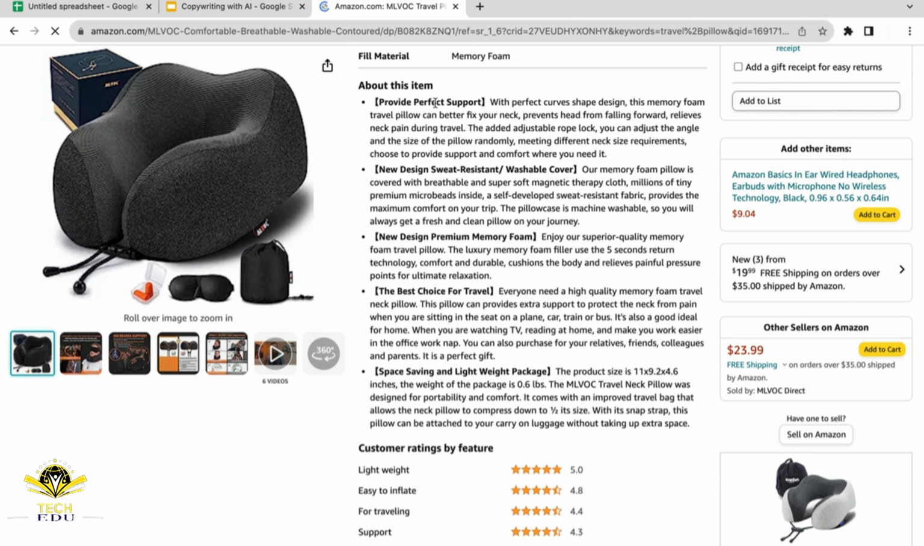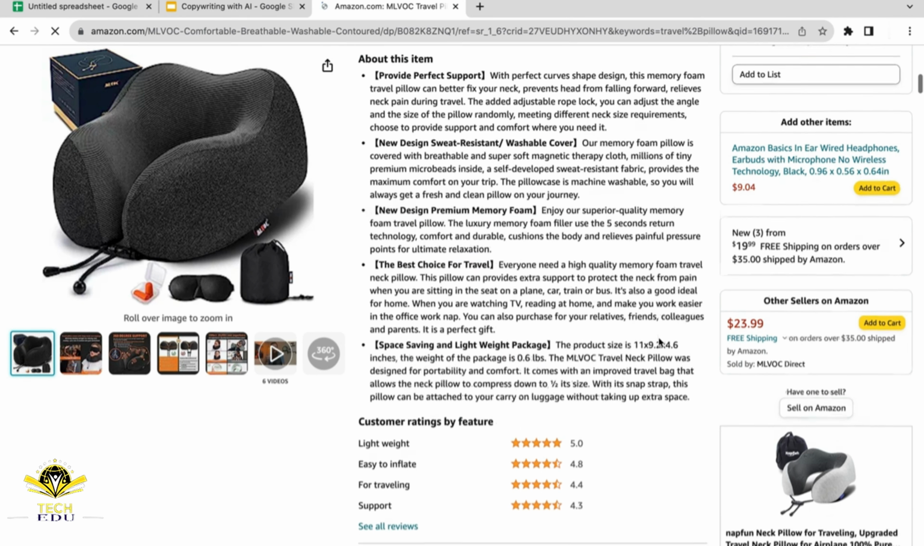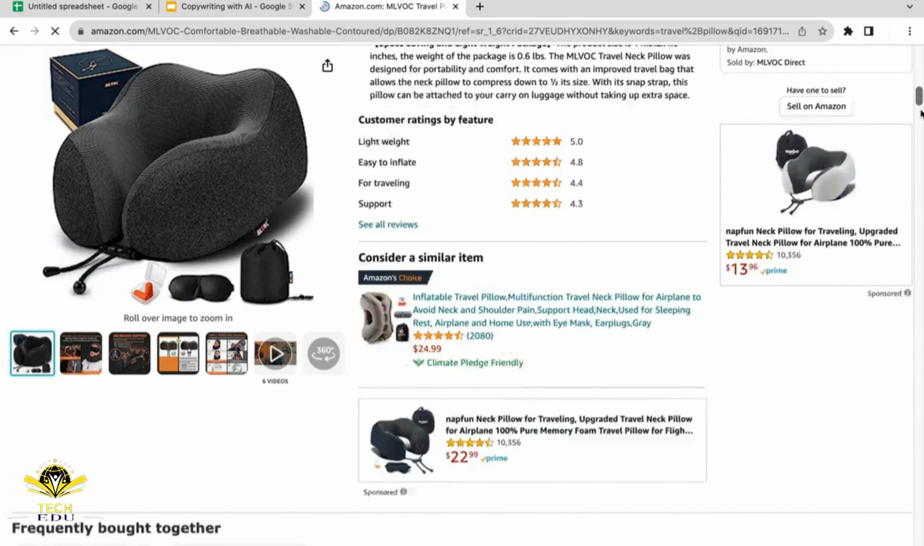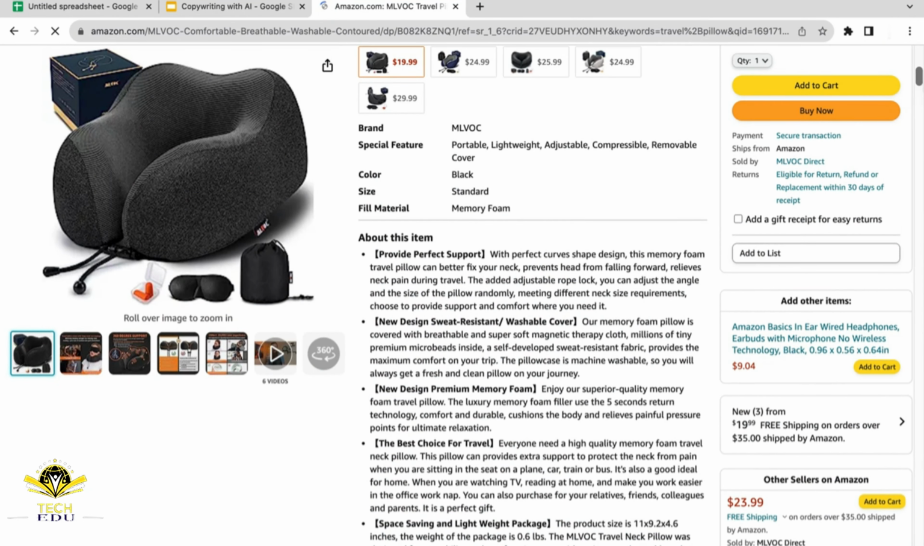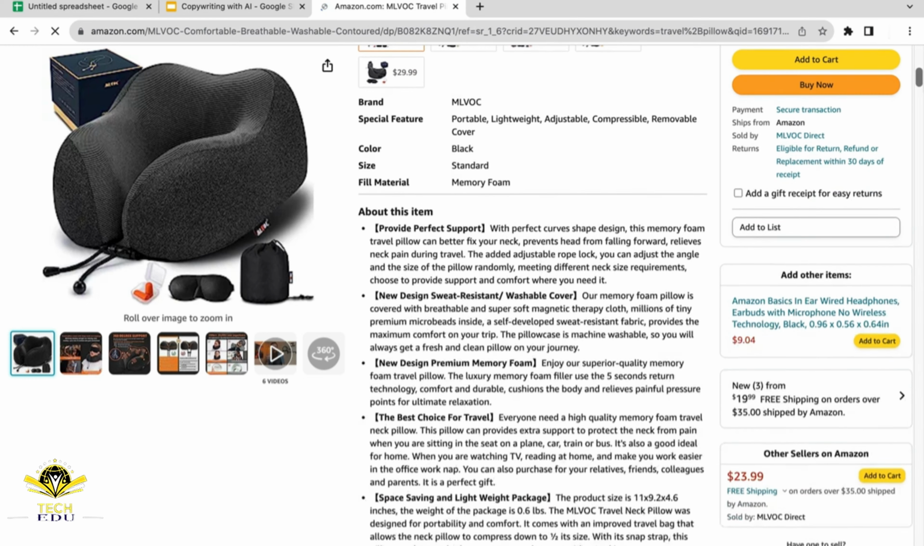All right, so yeah, provide perfect support, new design, sweat resistant, washable cover, new design, premium memory foam, the best choice for travel, space saving and lightweight package. So yeah, those are values or benefits that people will get from purchasing this product. So make sure that you understand that, make sure that you read all of these,